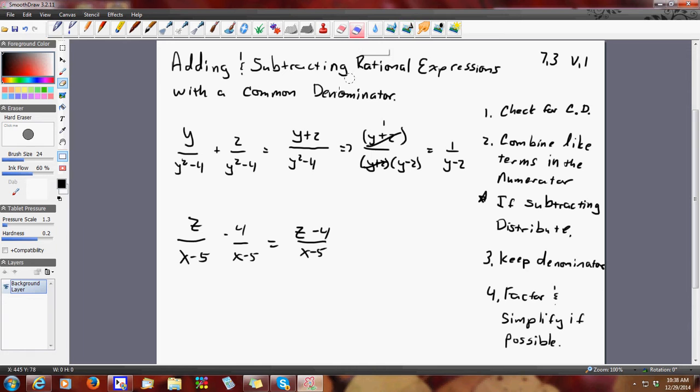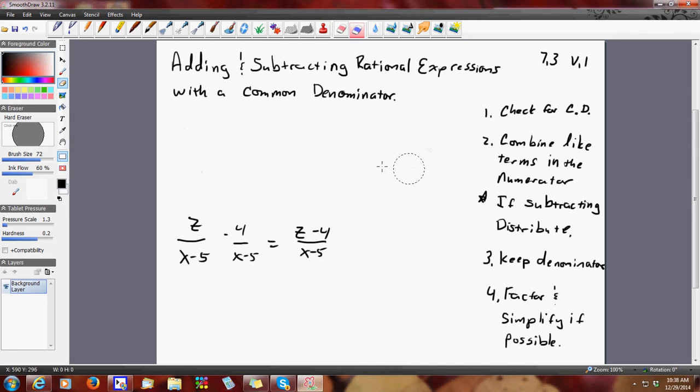Now, I'm going to do another one. Let's try another one, and I'll do it up here. And it's going to be some good stuff here. Let's say I had something like 4x plus 1 over 3x plus 2, plus 6x minus 3